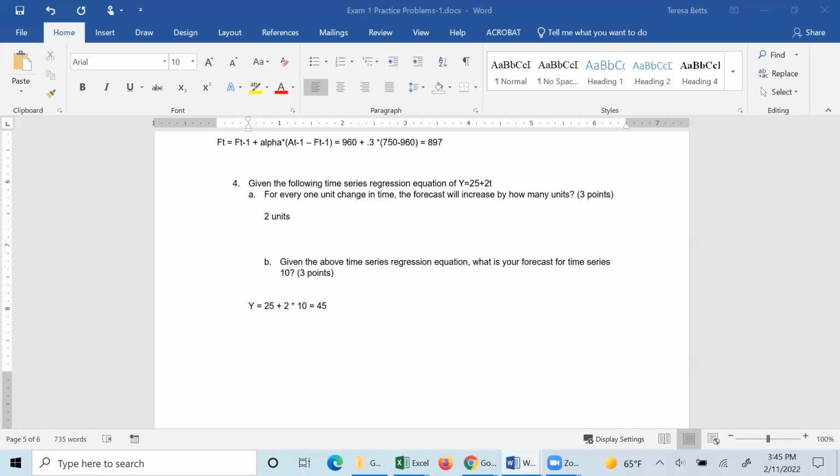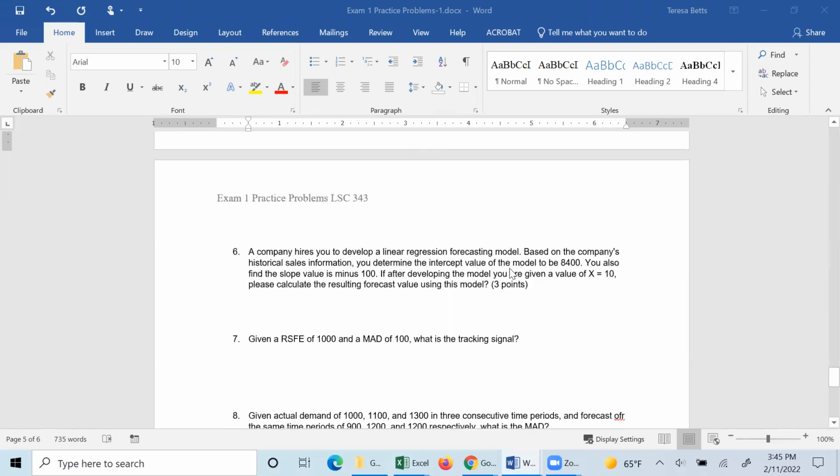Okay. A company hires us to do a linear regression forecast based on the company's historical sales information. We determine the intercept value of the model is 8,400. The slope value is minus 100. That's important to pay attention to this minus. If after developing the model, you're given a value of x is equal to 10, please calculate the resulting forecast value using this model. Okay, so again, this is just going to be using the formula